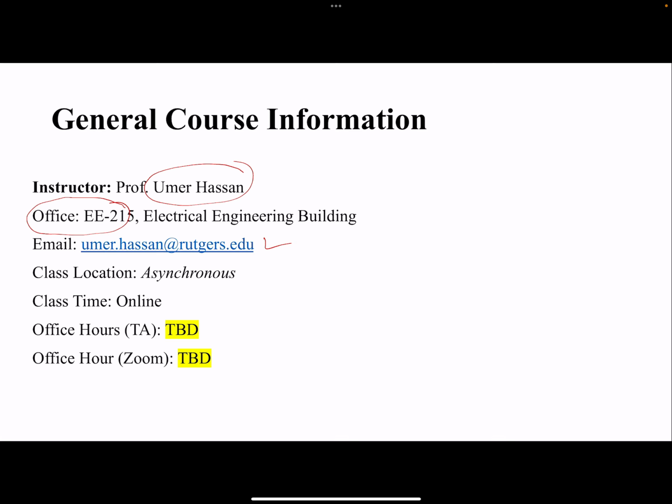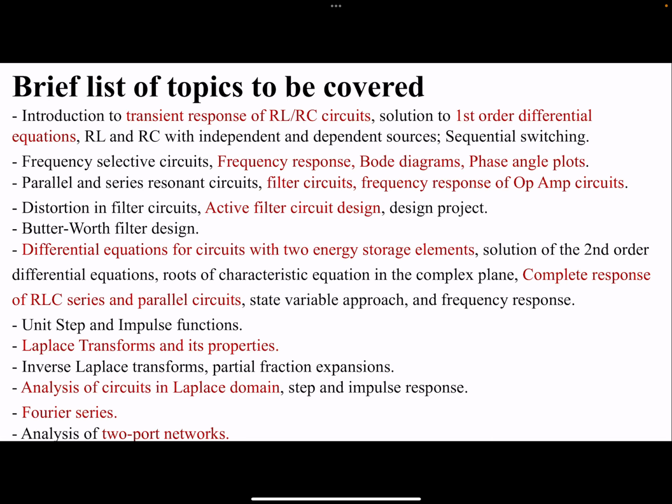Similarly, if there are any office hours for the TA, I will get back to you on that as well. So just wait for the notification on Canvas. That should be coming up very soon. The important thing is over here. Here's my email address. Whenever you have to send me an email, send it to this address. There is another Scarlet Mail address that I never see, so please don't send anything there. Okay, so moving on.